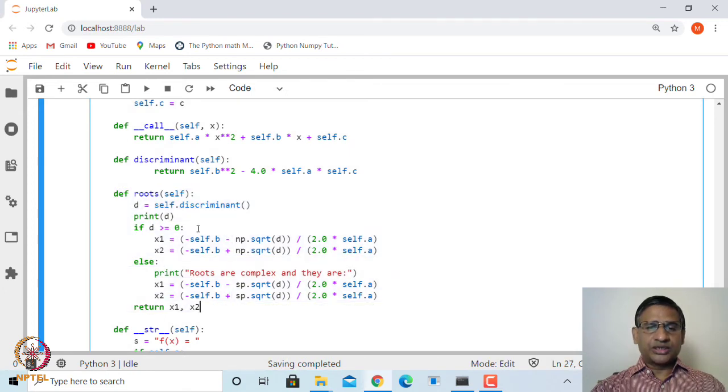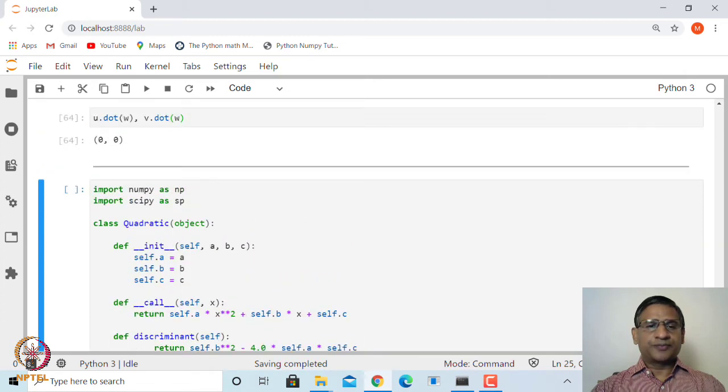In case of real roots and complex roots, in case of complex roots it is printing that the roots are complex and printing the value, and we are making use of sqrt from the numpy library.